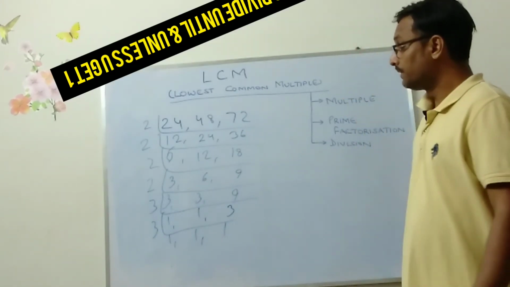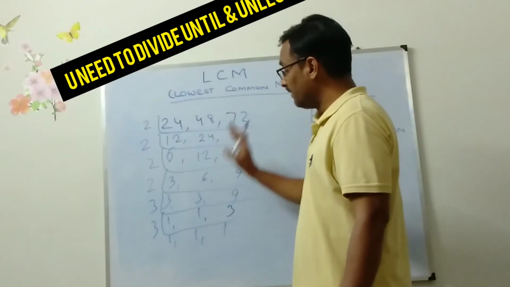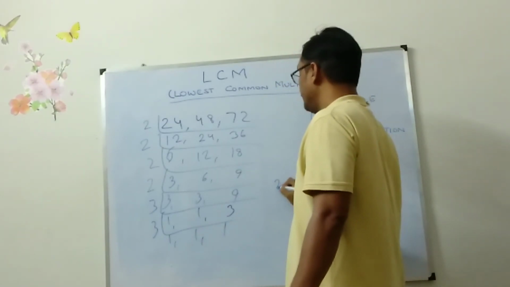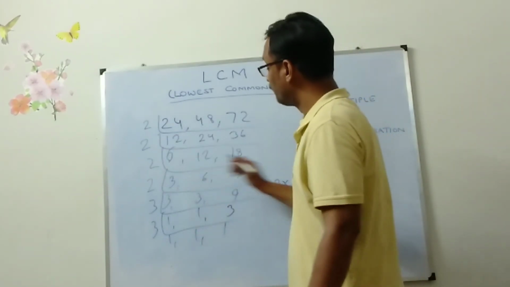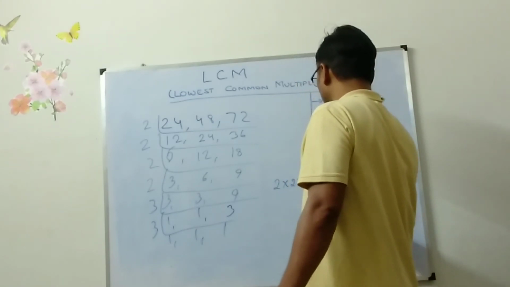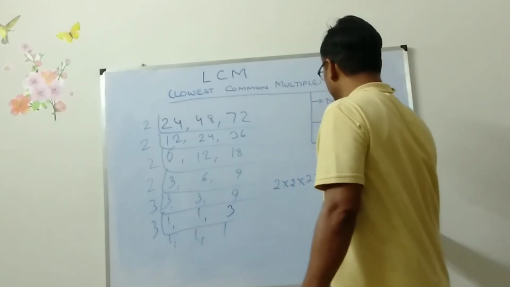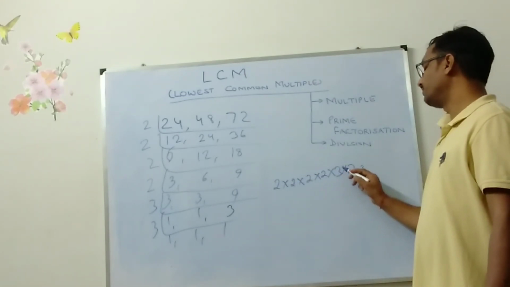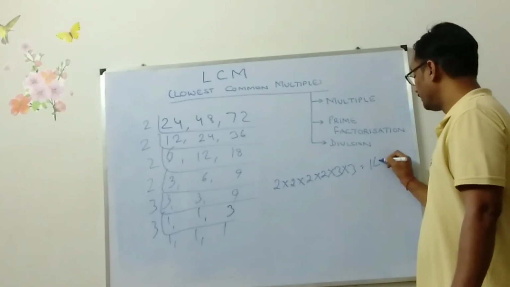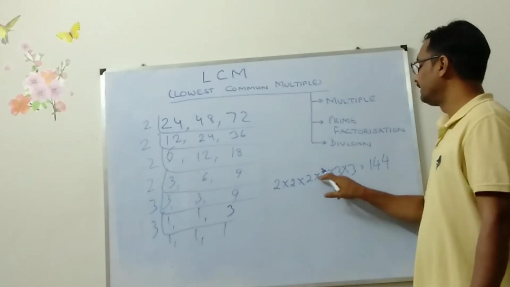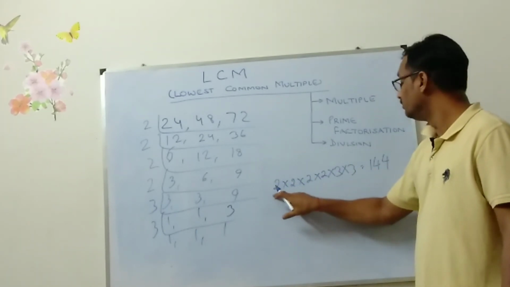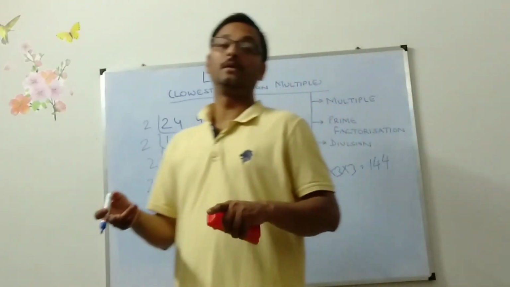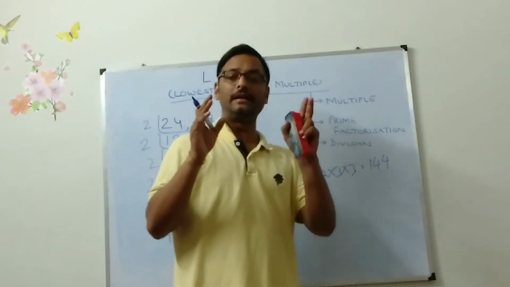So you see, you needed to divide it until you get 1. Now you will be writing like this. How many times 2 has come? 4 times. And how many times 3 has come? 2 times. Multiply it. 2 2s are 4, 2s are 8, 2s are 16, 3s are 48, 3s are 144. Cross check it. 3 3s are 9, 2s are 18, 2s are 36, 72, 2s are 144. The same answer I am getting. Whatever method you do, you will be getting the same answer.